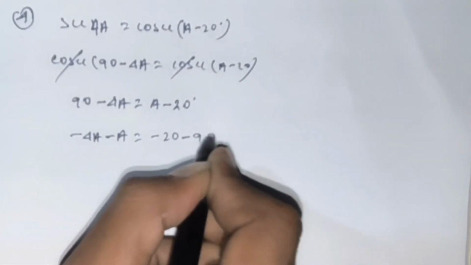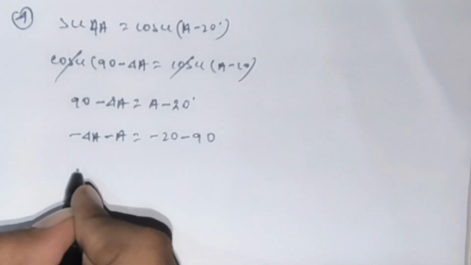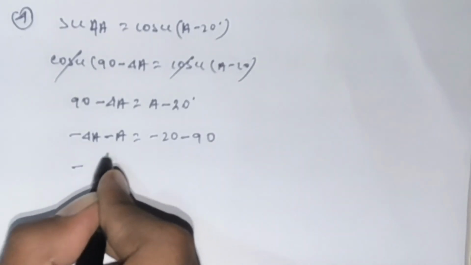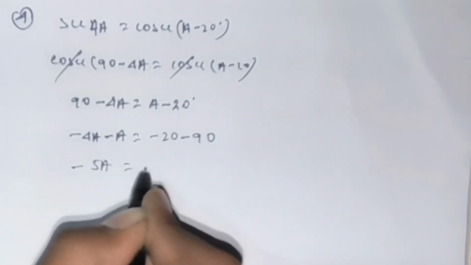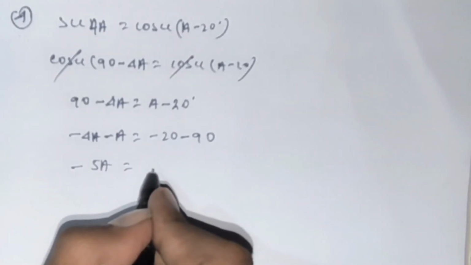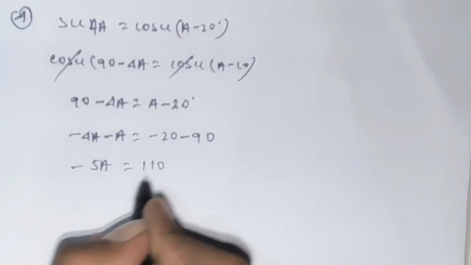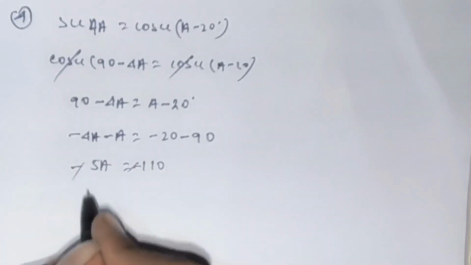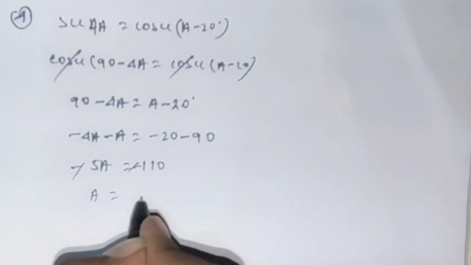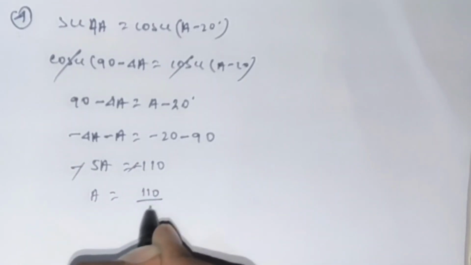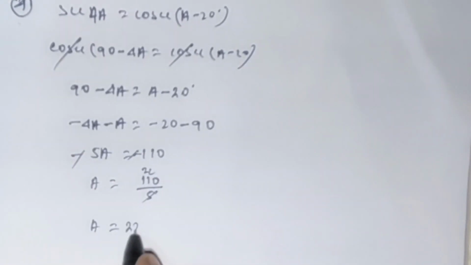minus 20 minus 90। So minus 5a is equal to minus 110, minus getting cancelled, so a is equal to 110 divided by 5, so a is equal to 22।